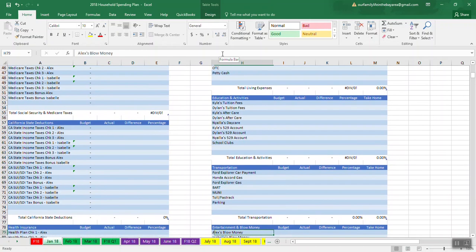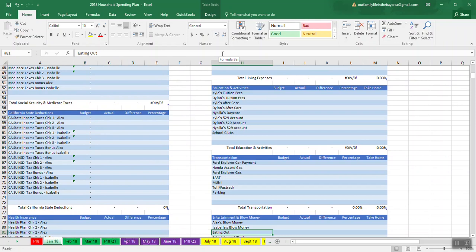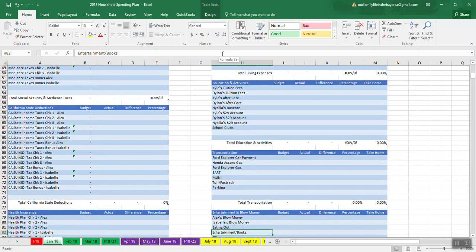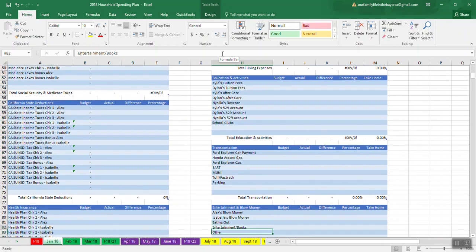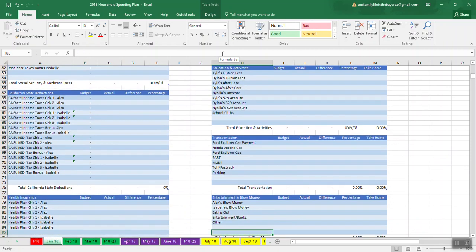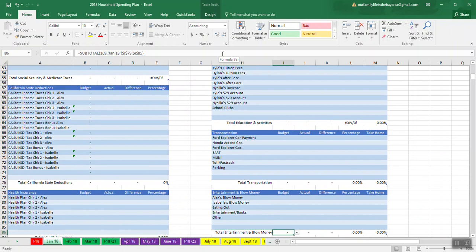And next is entertainment and blow money. My husband's blow money, my blow money, eating out, entertainment slash books. Books is mostly for me because I love my Kindle books. But then I'm thinking maybe I should move my Kindle books to my blow money. Yeah, and other is mostly for booze. Bevmo,